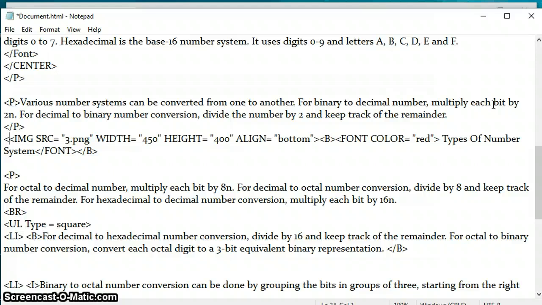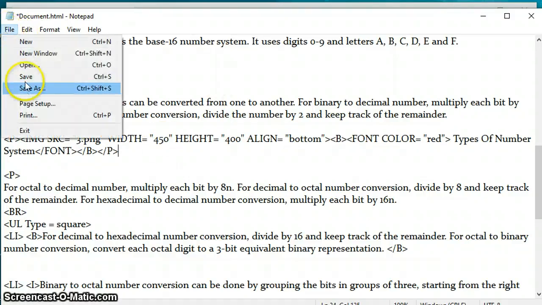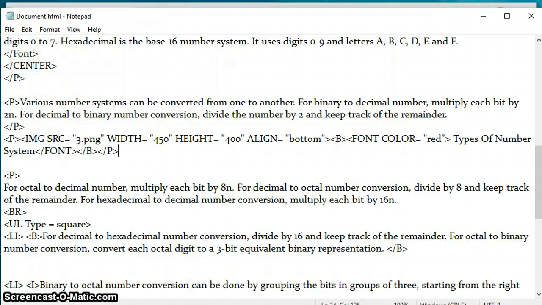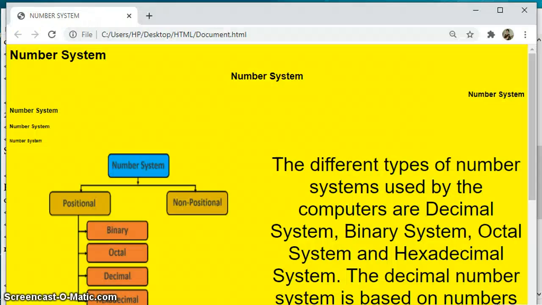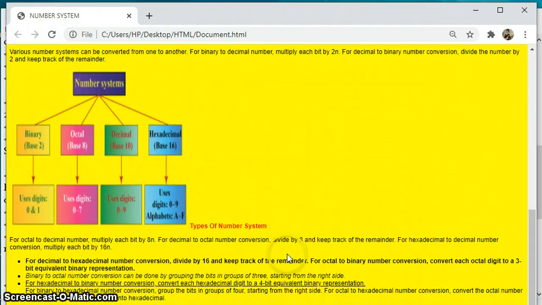We are starting a new paragraph, that is why the paragraph tag, so I'm closing the paragraph tag. Now let us save it, and can you see the text is appearing, types of number, at the bottom.